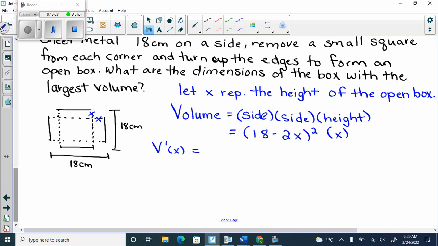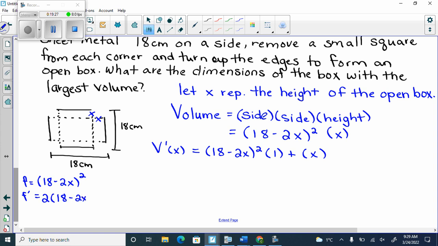So we're going to get f, which is 18 minus 2x squared, times g prime, which is 1, plus g, which is x, times f prime, which is actually going to be, do it over here. So we're going to have 18 minus 2x squared, so you're going to get 2 bracket 18 minus 2x to the 1 times negative 2. So you actually get negative 4, 18 minus 2x. So we're going to get that over here, negative 4,